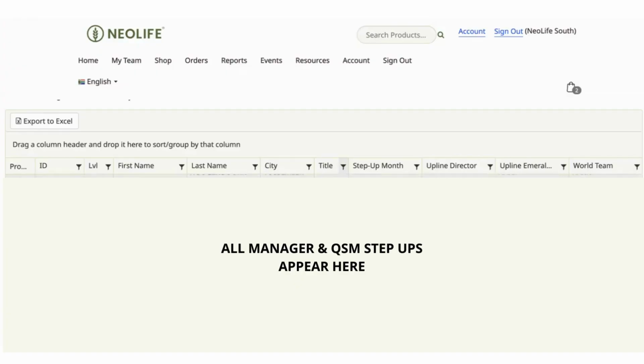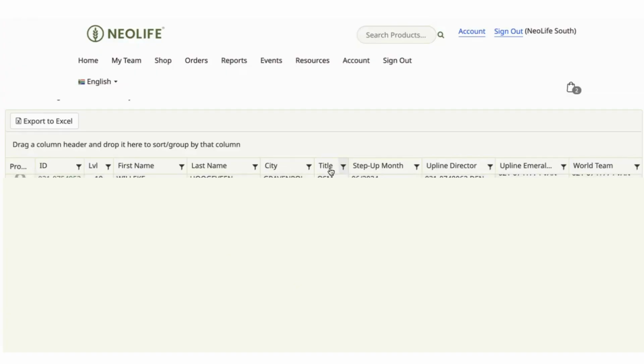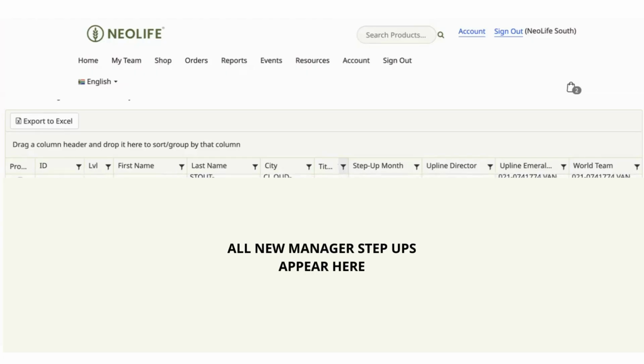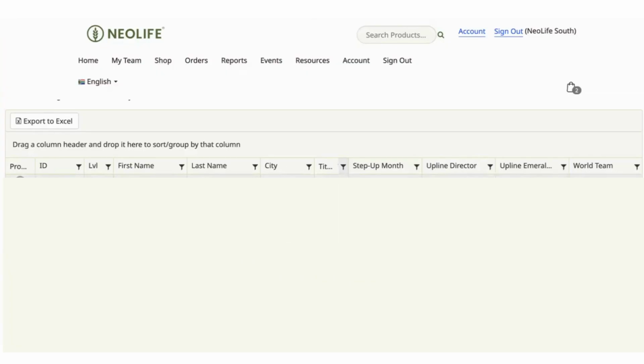There you have it. Now I want to see a list of all the managers. So I'm going to click on the title column to sort it from high to low. And as you can see, it's going to give me a list of all the new managers in the organization. And this list will be followed by a list of all the qualified senior managers. If I wanted to see which new step-ups belong to which emerald director or which upline director or world team,